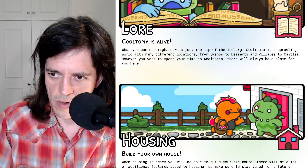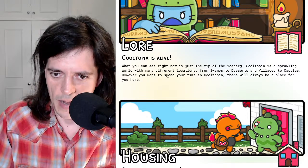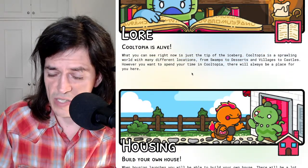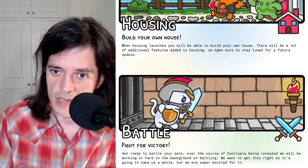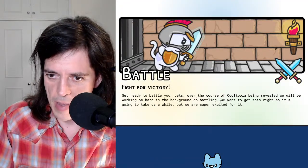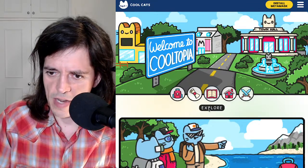Lore, of course. If there's a game, there should be lore. I guess there's an implication that there might be land as well at some point, maybe on the other side. Who knows? Housing, so there are things that you can do in the game, battles. One thing that I have to say is, one of the things that I normally look for when I look at a game,